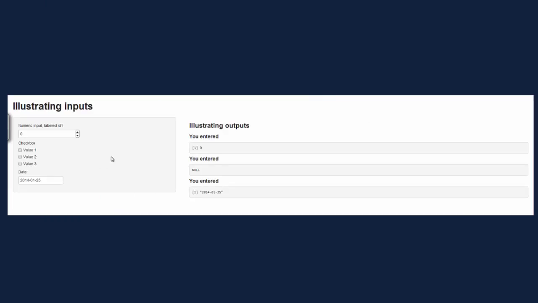Okay, and here it is actually live. So in my RStudio, I typed run app in the directory that contained this code. This code is in the GitHub repository, and you can see as I enter in numeric input, as I increase it to 5, it's changed to 5 over there. I check value 1, value 2, value 3, value 2, value 1. I can grab a new date. Okay, so that's showing you how you can get from your inputs to the server, then back to the